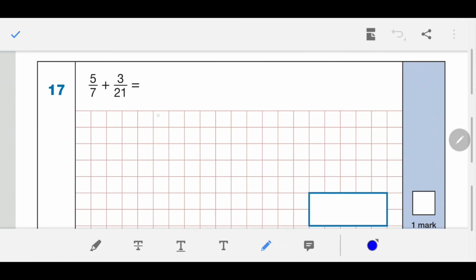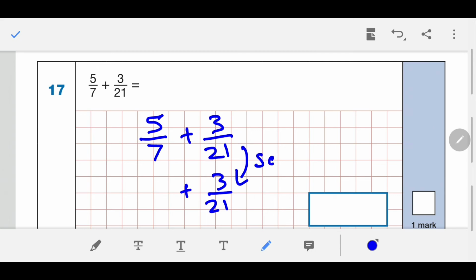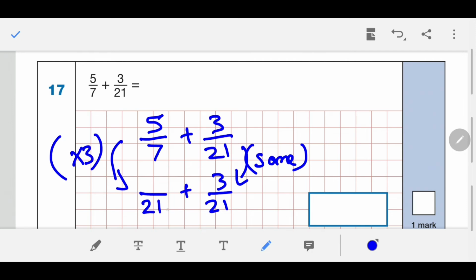Question number 17. So we've got 5/7 plus 3/21, and we need to get the same denominator, so I'm going to keep this the same, and I'm going to multiply the whole fraction by 3. 7 multiplied by 3 gets me 21, 5 times 3 gets me 15, so now I can simply add the numerators. 15 plus 3 is